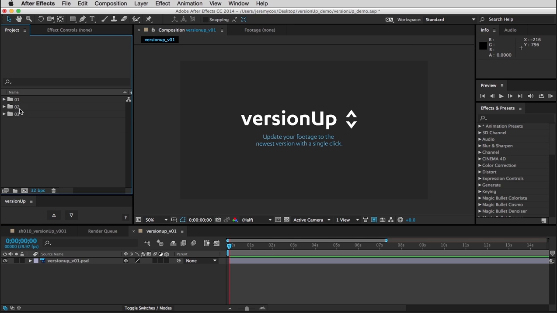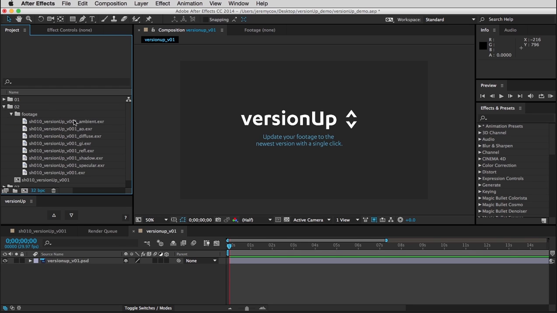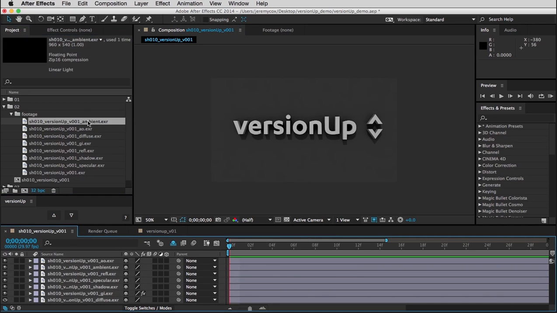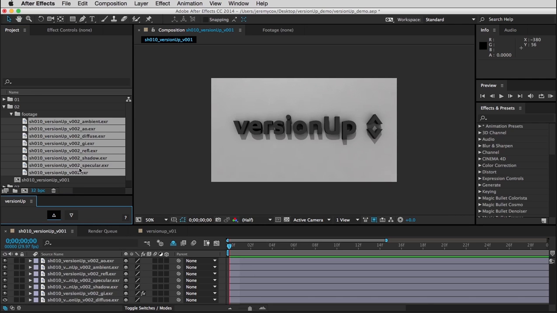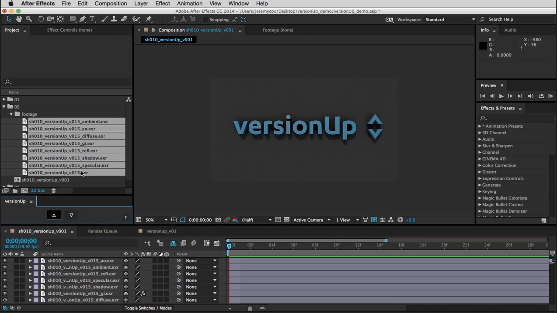So as you can imagine, this is actually very useful with multipass CG compositing, where you're dealing with lots of different passes, and you may have lots of different versions as you update your 3D scene. So if I select all of my 3D passes and hit the up arrow, you can see I'm going to version 2, all of the passes all at once, version 3, version 4, then went all the way to version 15. Now it went to version 15 because none of the other versions between existed, and VersionUp is very intelligent in that it can actually skip versions that don't exist. And similarly, if I hit the up arrow again, version 16 doesn't exist, so it doesn't even try to load version 16.